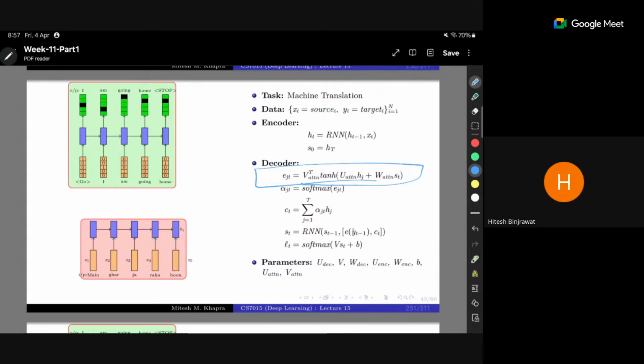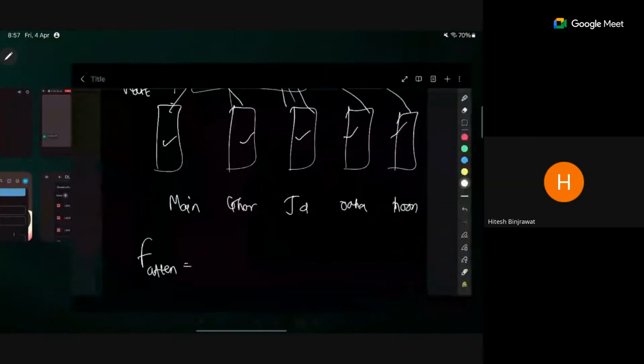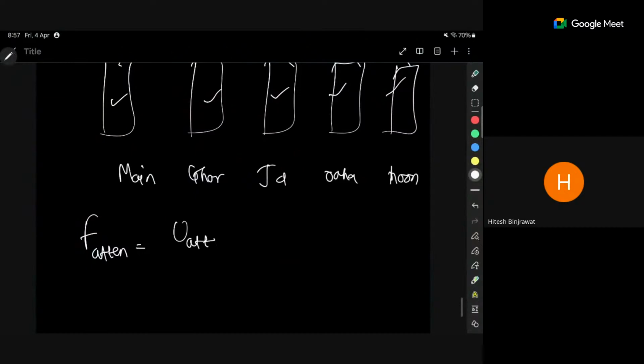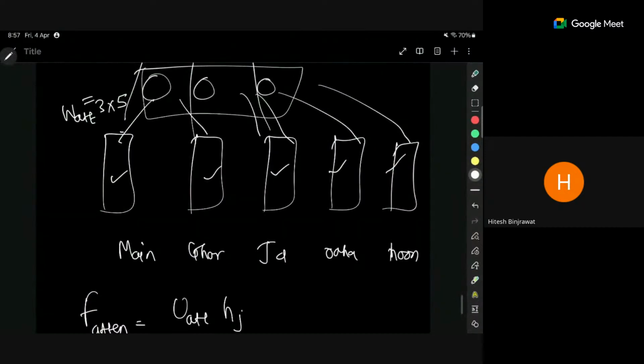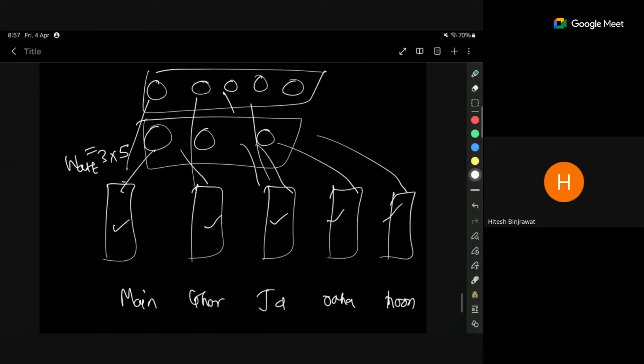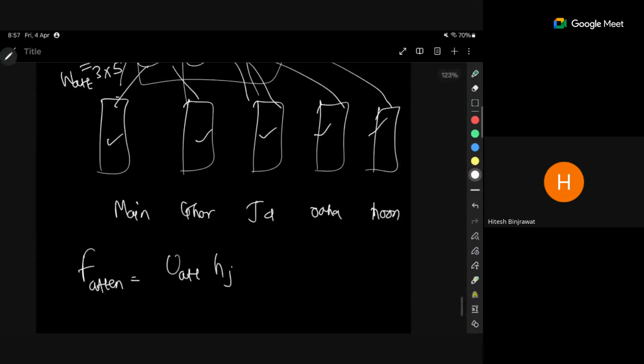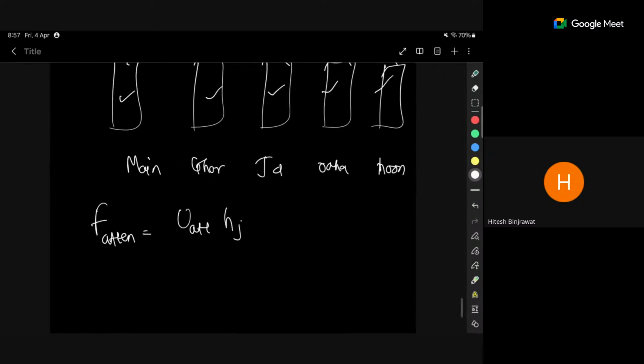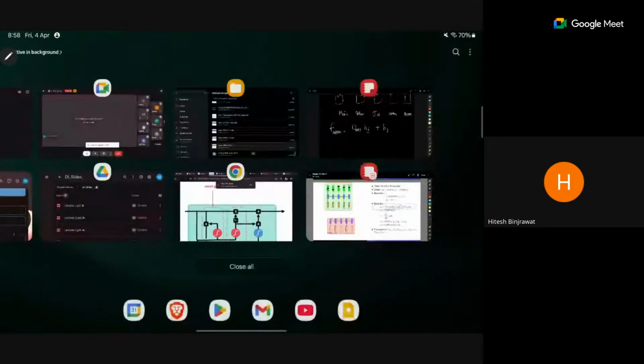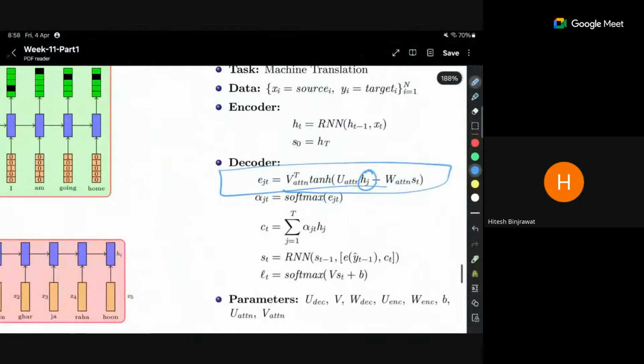So we use U attention with all the HJs, right? We have all the HJs, and we use U attention for that. All the HJs, 1, 2, 3, 4, 5 in this case, I'll give there, and it will go here. You can send the whole matrix here, so this multiplication, and then some kind of bias you'll require, b U attention at j, plus